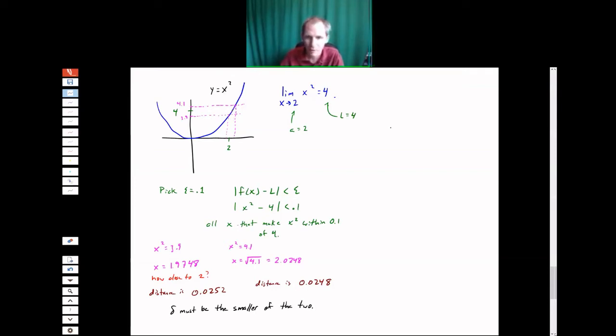Okay, so if epsilon is equal to 0.1, we can pick delta equal to, I'll pick the smaller number, 0.0248. And then as long as my x values are within this tiny distance of 2, the y values will be within 0.1 of 4, right, of our original x value. All right, so